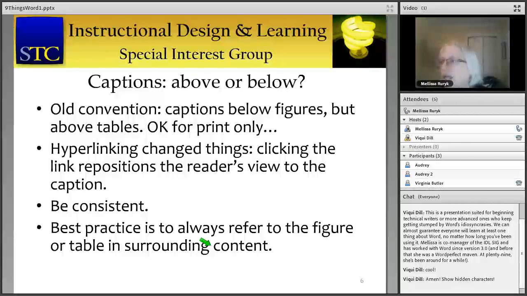But just be aware that today, in the world of hyperlinked documents being read online and the internet, when you click the link, it repositions the reader's view to the actual caption. That means if your caption is at the bottom, the image itself is actually above the fold. It's out of sight. So when your reader clicks the link to the caption, they're going to end up seeing the caption, but they actually have to scroll up to see the image. Now, obviously, if it's a table, the table's going to be below. That's fine if you've done it the old-fashioned way. But